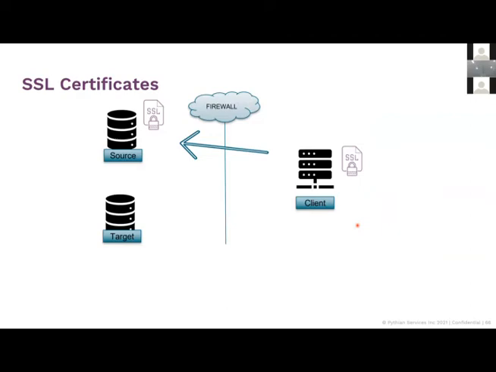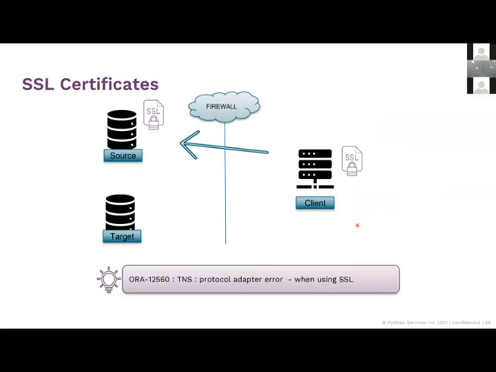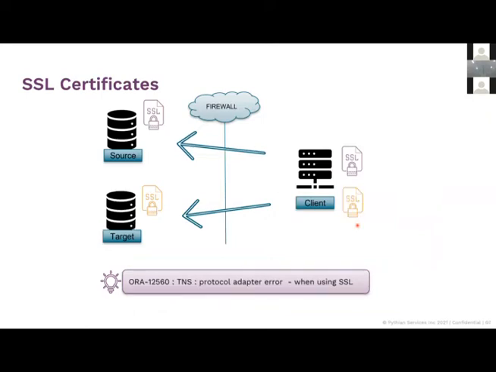Why do we need the SSL certificates? Let's say we have opened the firewall rules and we were able to connect using SSL certificates between client and source. Now you can run into this particular error. Why? Because the signature of your target has changed. Since it has changed, you would want a new signature uploaded to the client as well. So you'll create a new certificate and put it on the client wallet as well. That is to ensure that the communication between client and target persists after you migrate it, right?